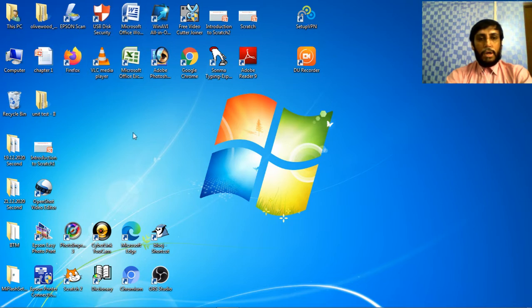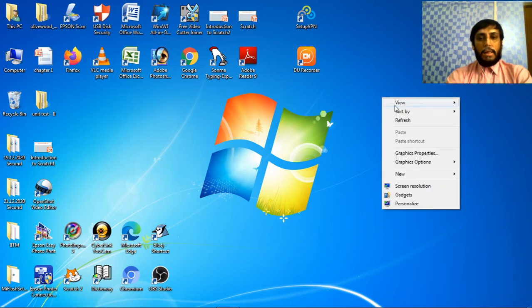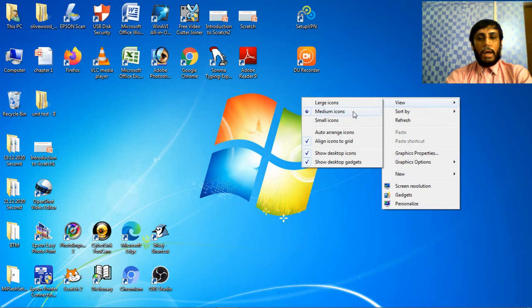Whenever you want to change icons, you can change them by right clicking on the empty area of your Windows screen, the desktop, like this, and then clicking on the view, and then selecting any one from these three that you like most.